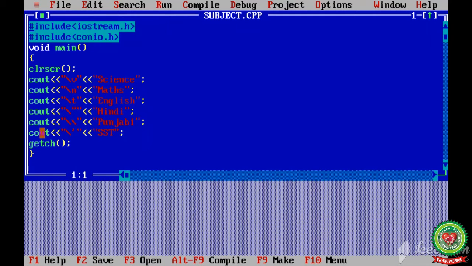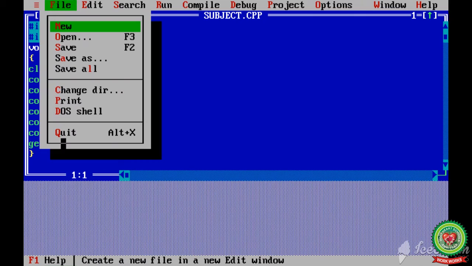And there is a double quote before the Hindi because I have used the \" escape sequence. And there is a backslash between Punjabi and Hindi because before the Punjabi I have used the backslash escape sequence, and before the SST there is a single quote because here I have used the single quote escape sequence. Hope you understood the different types of escape sequence.